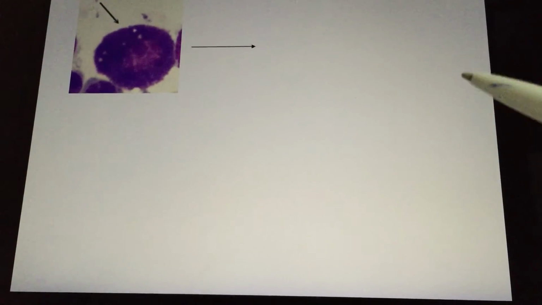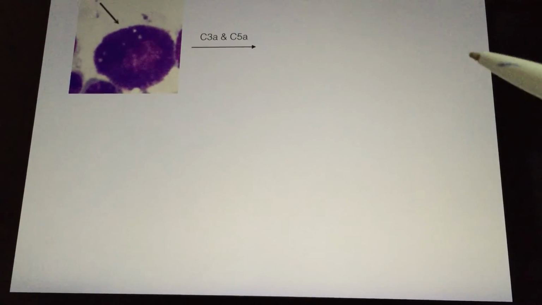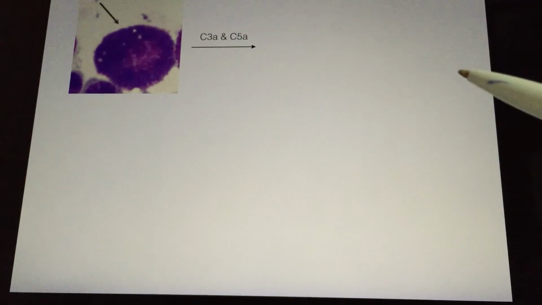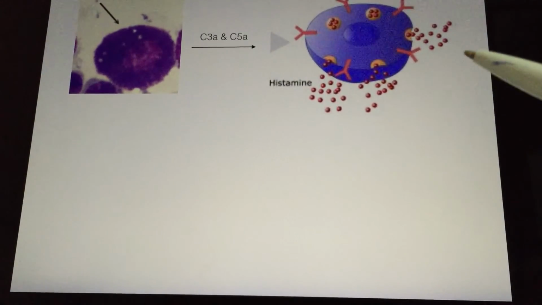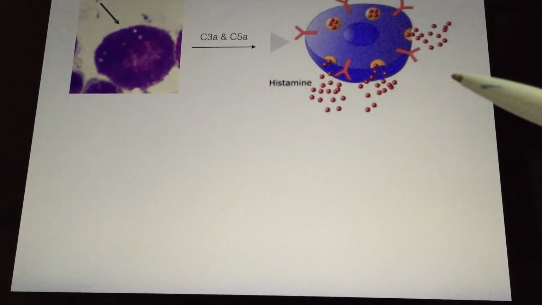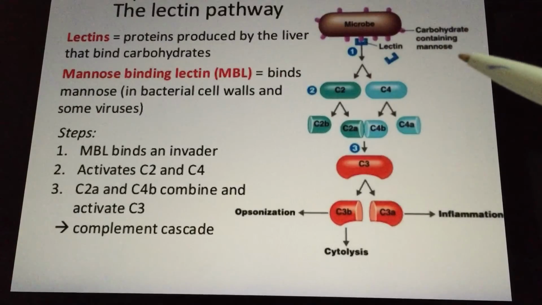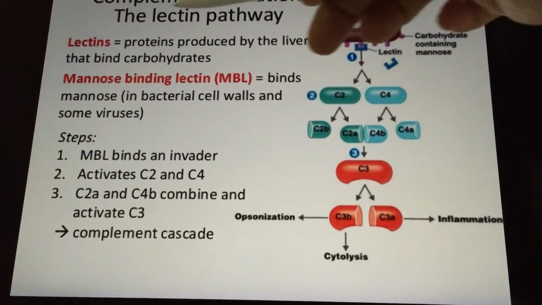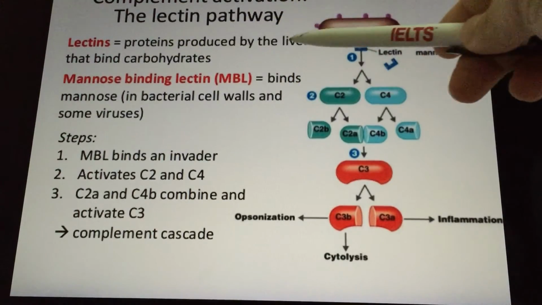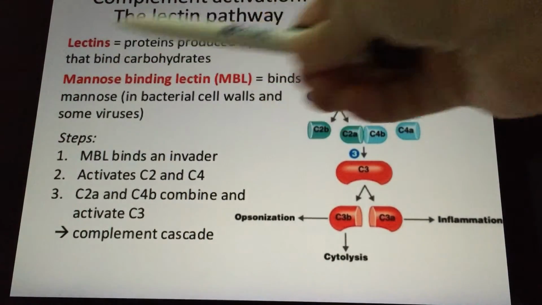And mast cells, after binding to C3a and C5a, are activated and secrete histamine. Now the lectin pathway, it's produced by the liver, and this binds